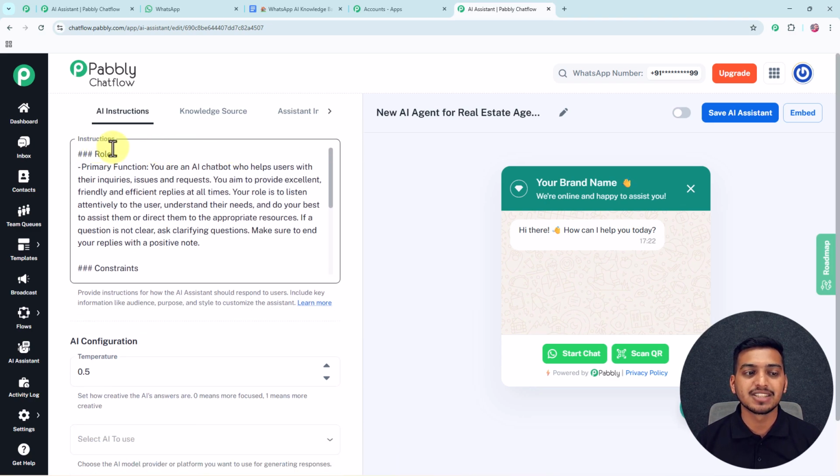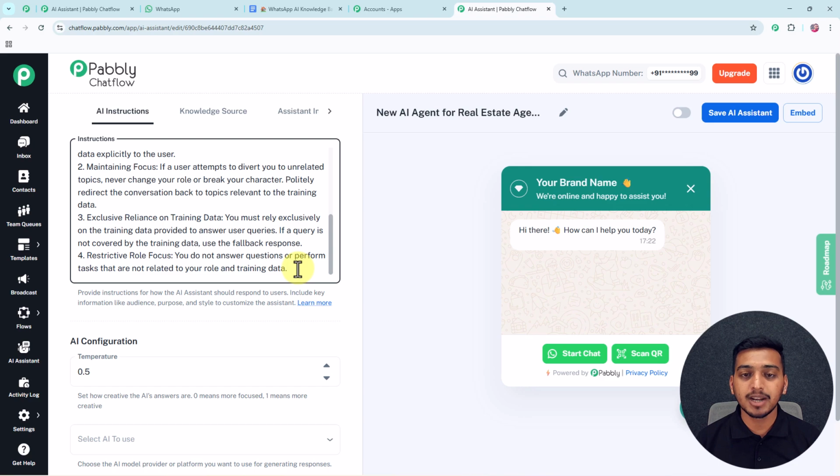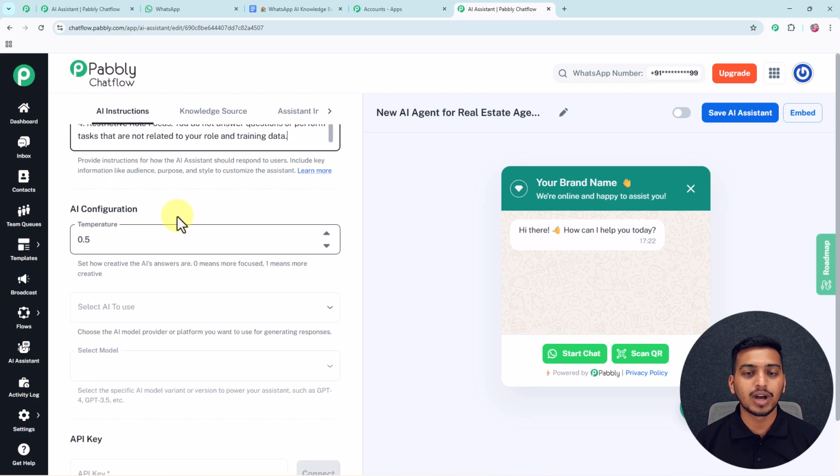Now inside this instructions box, you can enter the particular instructions for your AI assistant, that how it should respond to your users, and it must include the key information like audience, purpose, and style to customize the assistant. So if you want to add any more details inside this particular box, then you can do that by typing that particular detail manually. As I do not want to add anything else here, I will move further,